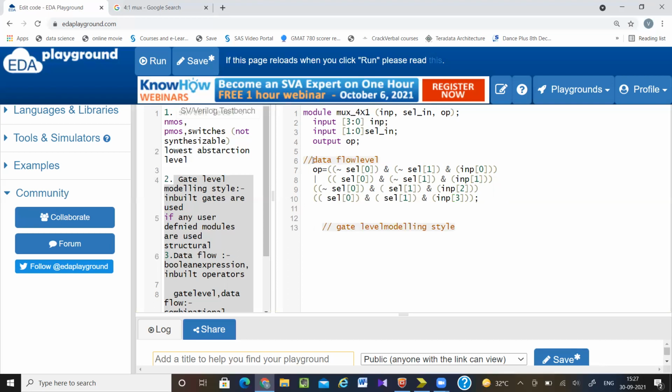Okay, so now these things I am going to write in terms of gate level modeling style. That means I just have to use the gates. Okay, so first I have to use a NOT gate, then AND gate, and then OR gate.